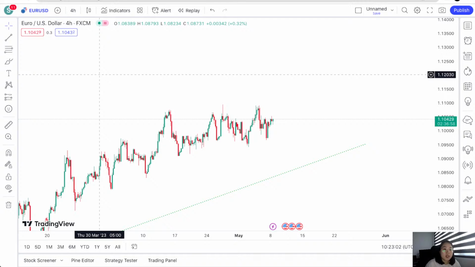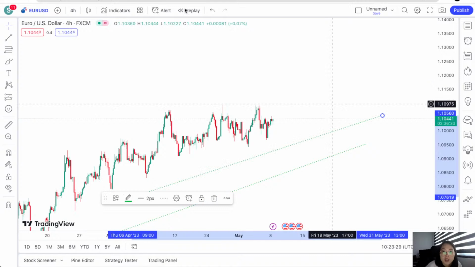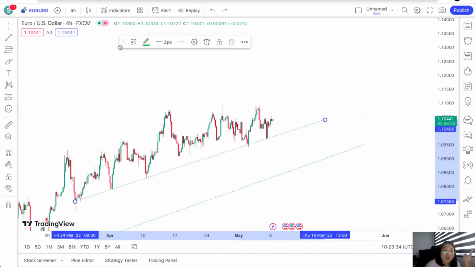Look, two people can come on the charts and both will say, oh, price is going up. Okay, cool. You know price is going up. That means you want to get in for a buy, right? But where do you get in for the buy? Where is the entry? Without an entry, you don't have a trade. Without a stop loss, you don't have a trade. Without a take profit, you don't have a trade. You need these three elements to get in on a trade. If any one of these is missing, you don't have a setup, you don't have a trade.